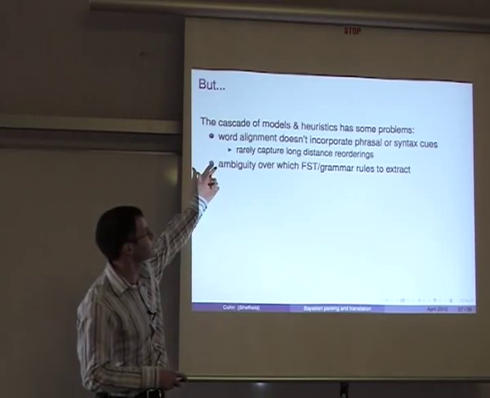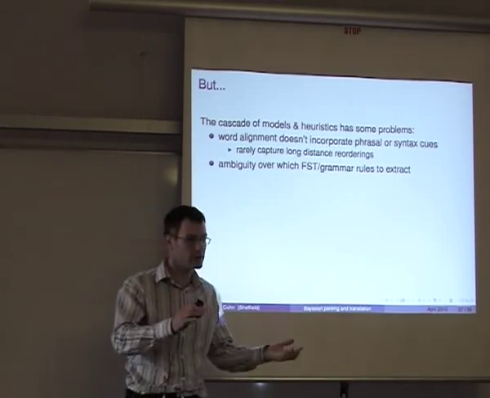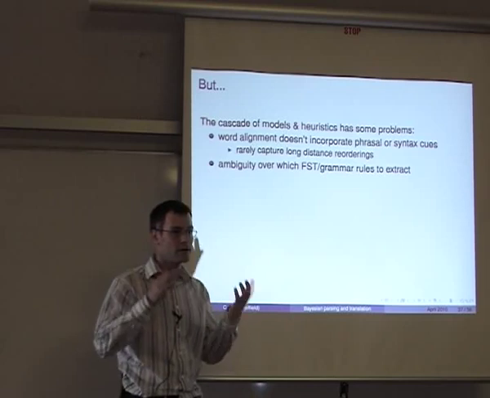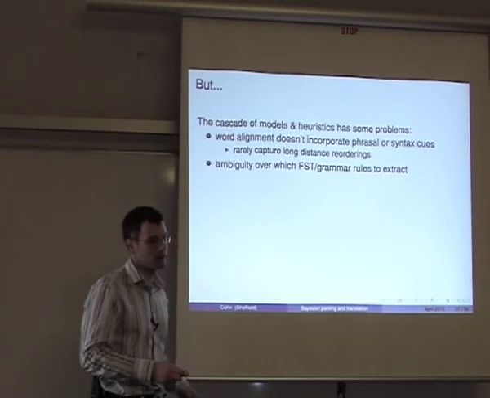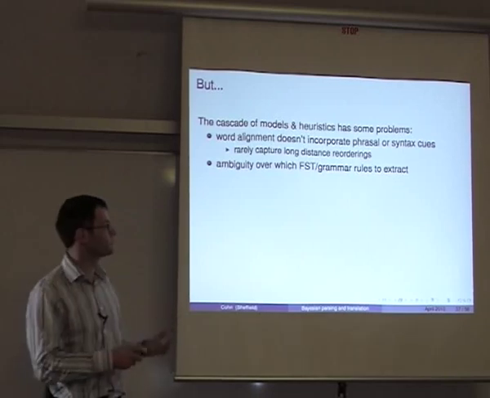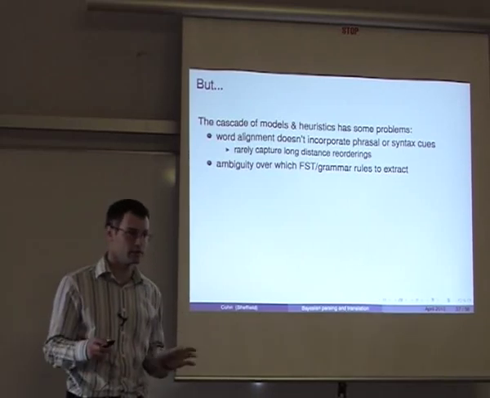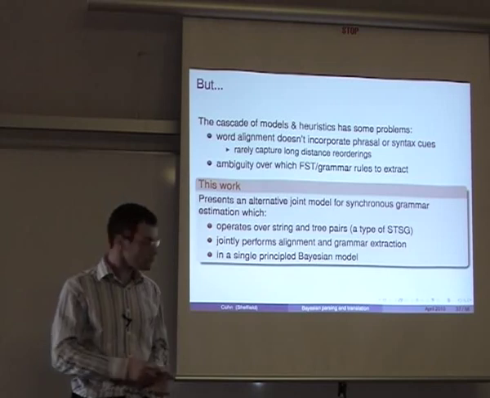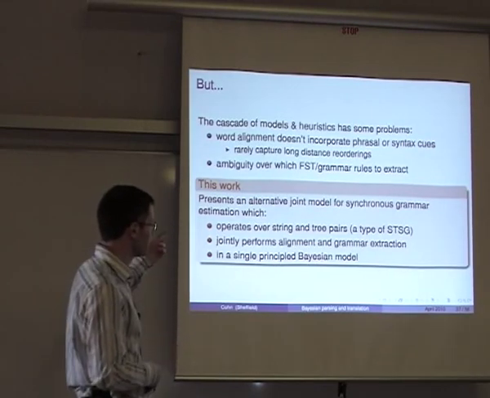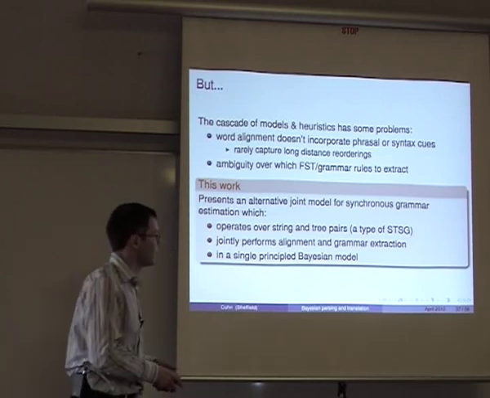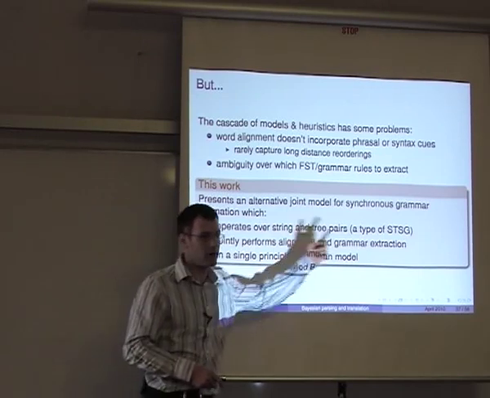And then, again, the second step is that there's ambiguity. Given your word-aligned data, how do you extract a grammar from it? How do you extract a finite state transducer? There's no clear, obvious way, and the methods that have been used to date are often a little bit haphazard. So we present an alternative model that does joint synchronous grammar estimation, performing alignment and grammar extraction all at